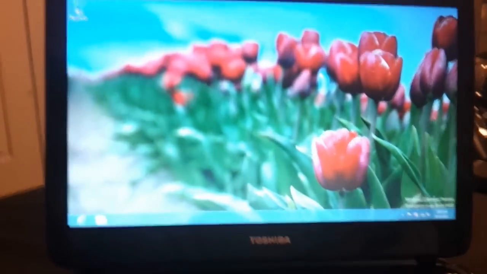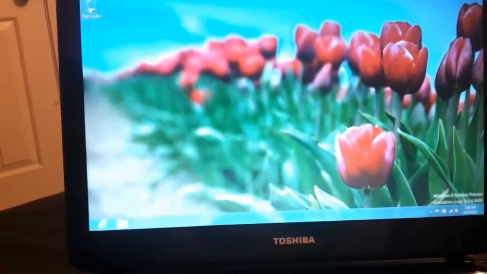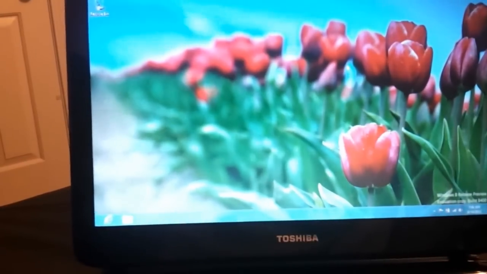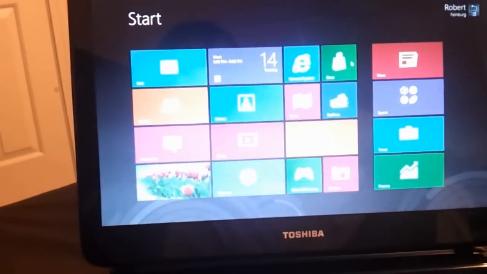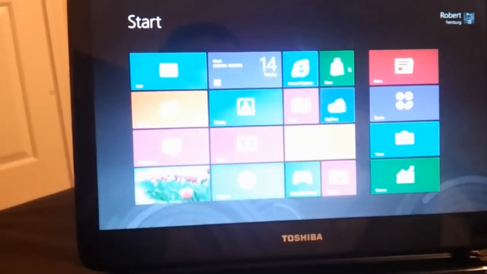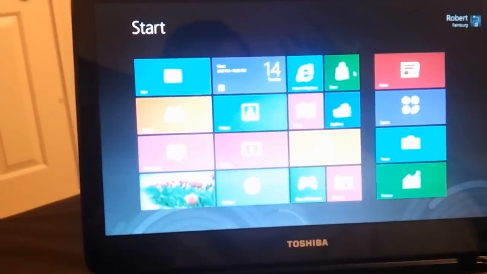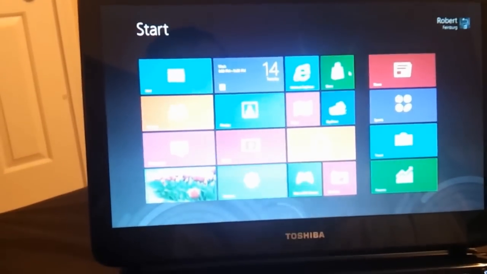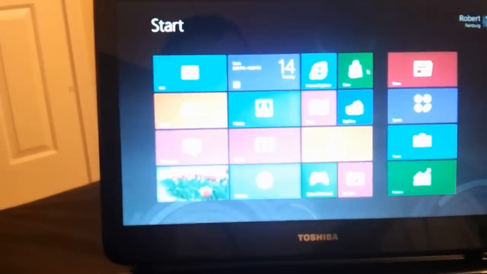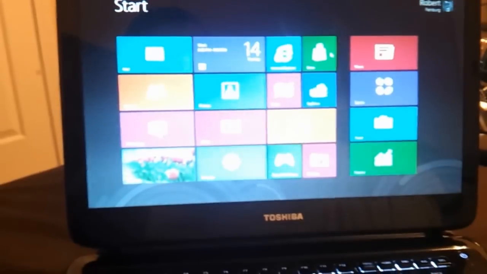Hello guys, what you're looking at here is Windows 8. This is just a release preview. Evaluation copy, build 8400. Now, this is obviously just a desktop here, but it doesn't boot up this way. It actually boots up like this. It looks nice and everything, but I'm not too sure if this even works well enough for a laptop desktop